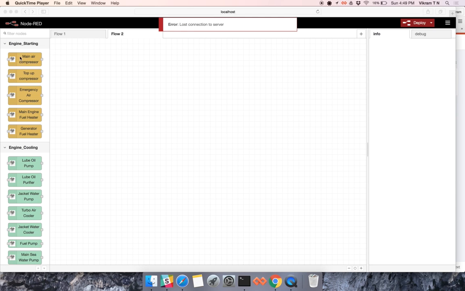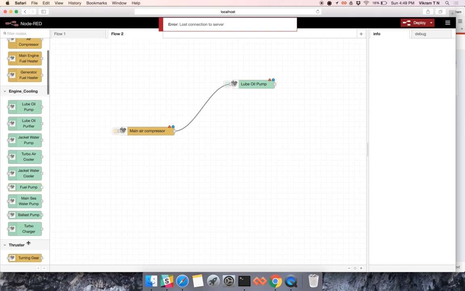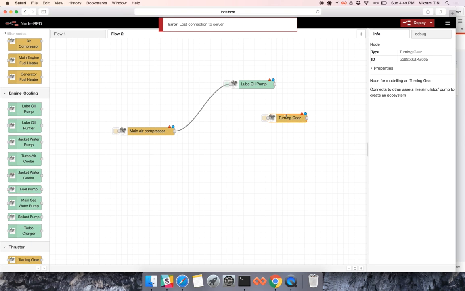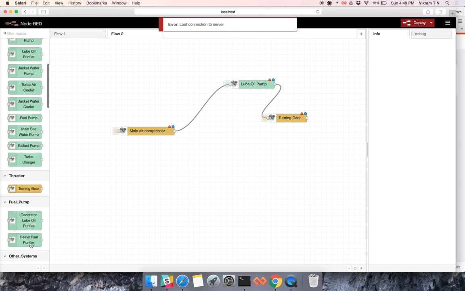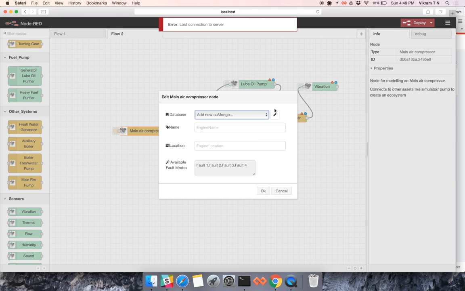Now, say if you want to model an engine room, you drag and drop components, and the components can be interconnected like this. For example, as you see here, I've attached a lube oil pump to a main air compressor, and say for example the lube oil pump is connected to a turning gear. There it goes. And say we attach a vibration sensor to it. So there we go, and these components can be named